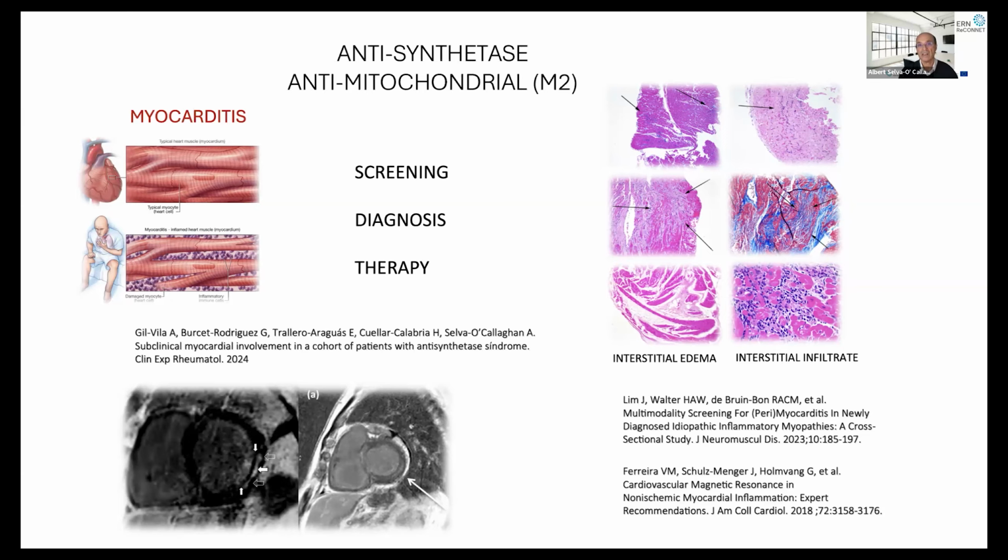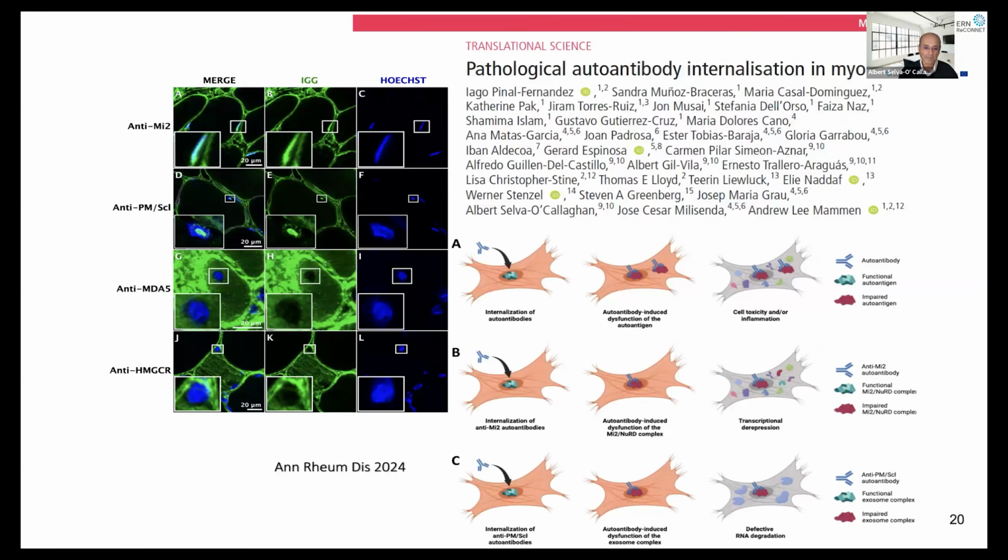Several large cohorts initially were reported by Japanese researchers, but we have had some patients in our clinic with anti-mitochondrial antibodies and severe myocardial involvement. So until now we have seen that the antibodies are very important to identify different phenotypes with different manifestations that may allow the clinicians to define which will be the organ mostly involved, which will be the better therapeutic strategy for improving their status.